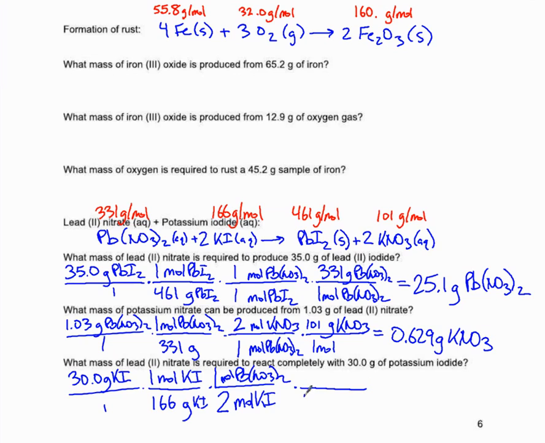We need to change moles of lead-2 nitrate to grams. So we are going to multiply it by its molar mass, 331 grams. We find that 29.9 grams of